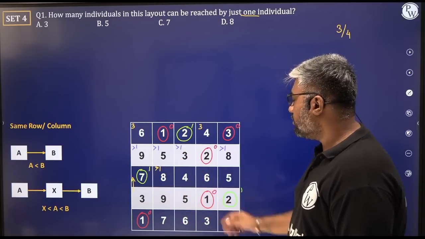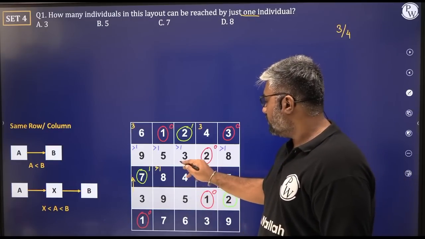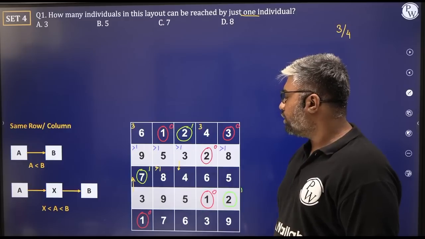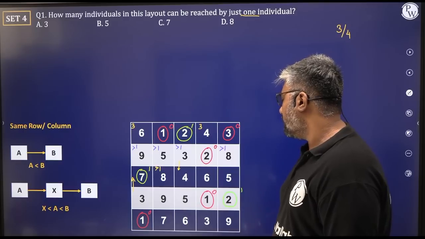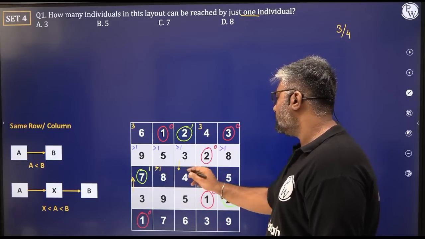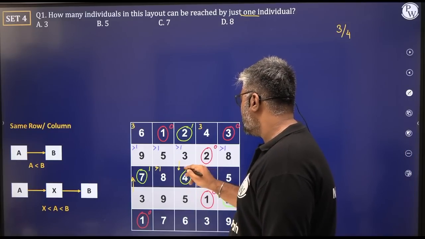What about 4? 4 should be surrounded by what? 3, 2, 1. Yes. 4 के लिए एक 3 है यहाँ पे. Again, 2 to 3, 3 to 4 we cannot do क्योंकि 3 2 से कम होना चाहिए. It is not. 6 to 4 not possible, 5 to 4 not possible, 8 to 4 not possible. So here again we have the situation where we have exactly 1 reachability for 4.